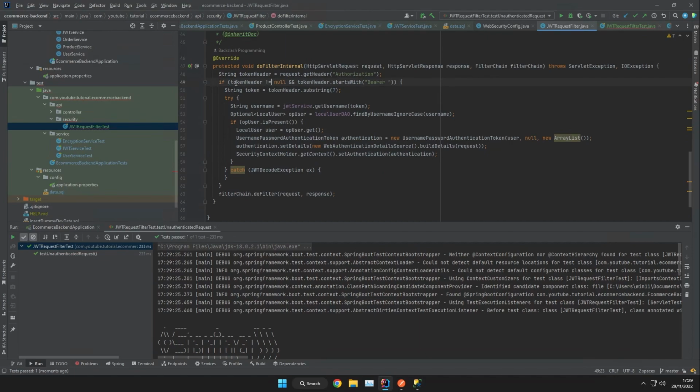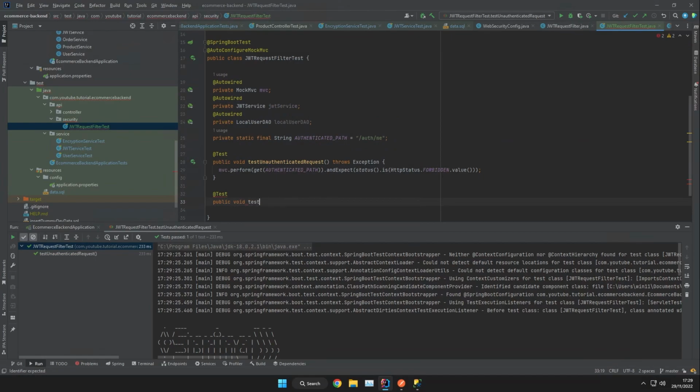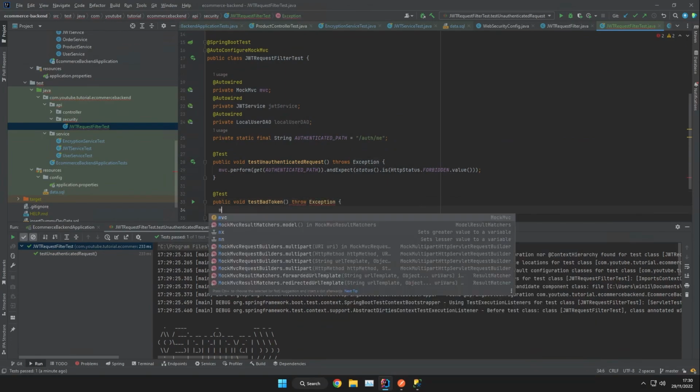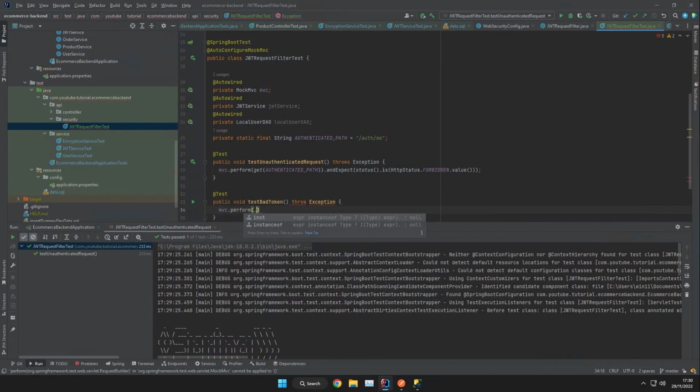So when we come in, we test to see if the token is null or starts with Bearer, and that's basically just testing if it's valid. So what happens when we decode and we get a bad token? Let's give that a go, shall we? So test bad token. I'm just going to throw the exception up here because we know that we're going to use that. So MVC perform get